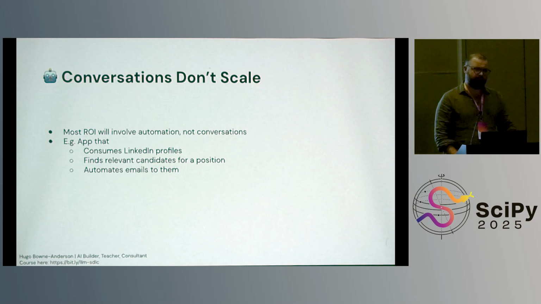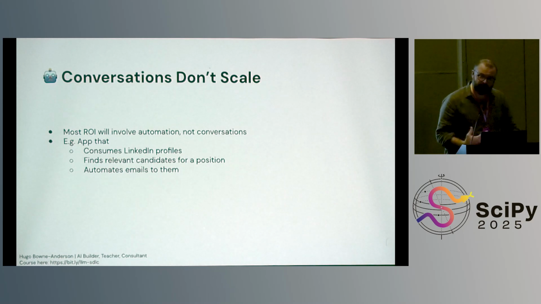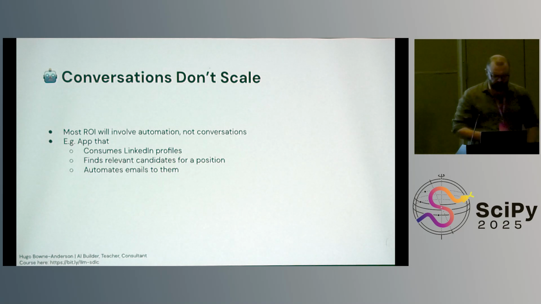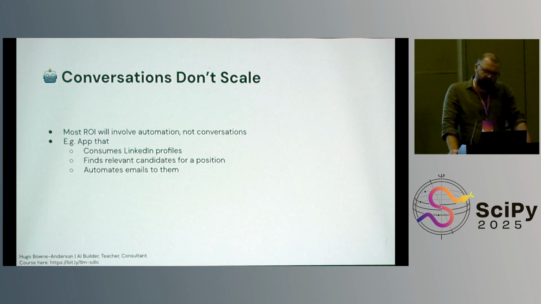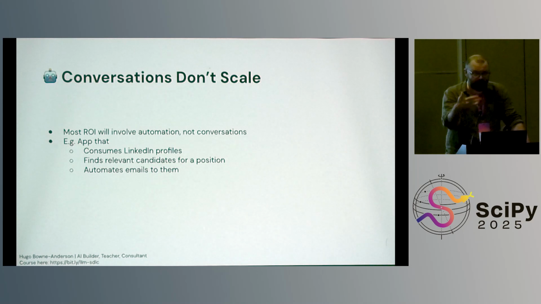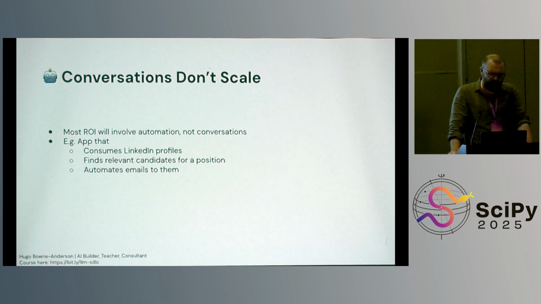I want to give a sense soon of the types of things that we need to do and what principles we need to ground our process in to improve here. But before that, I do want to just say that conversations don't scale, and that's why I'm actually very excited about function calls, tool calls, agents, whatever you want to call them, LLMs that can do things, because I think most ROI, both personally and at large, will involve automation, not conversations, because the ability to create value through a conversation only scales linearly with human time.